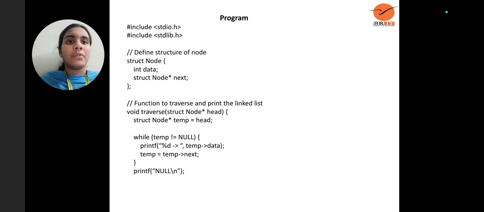Define structure of node: struct node { int data; struct node *next; }. Function to traverse and print the linked list: void traversal(struct node *head) { struct node *temp = head; while (temp != NULL) { printf("%d -> ", temp->data); temp = temp->next; } printf("NULL\n");